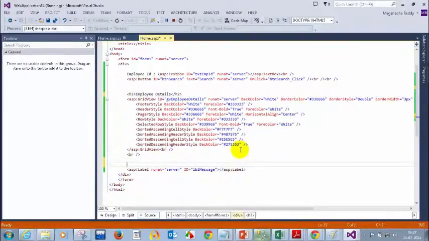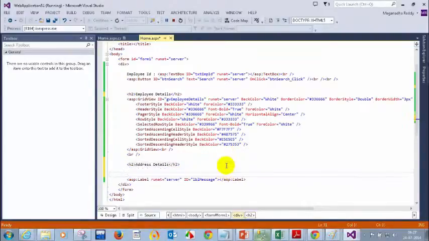For example, I will have here h2 address, and then I will add a grid view: asp:GridView ID equal to GVAddress, runat server. Let this be a simple grid view. We'll not format this, but if you want, you can go to design view. So I have two grid views, one for employee details and one for address details.